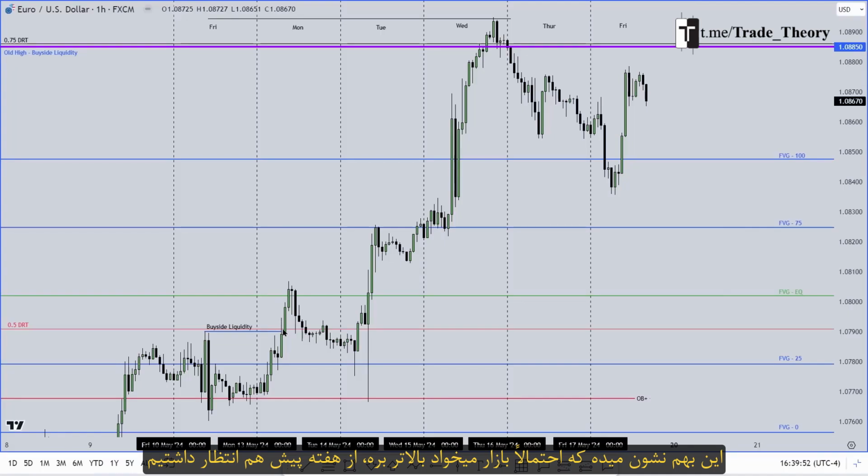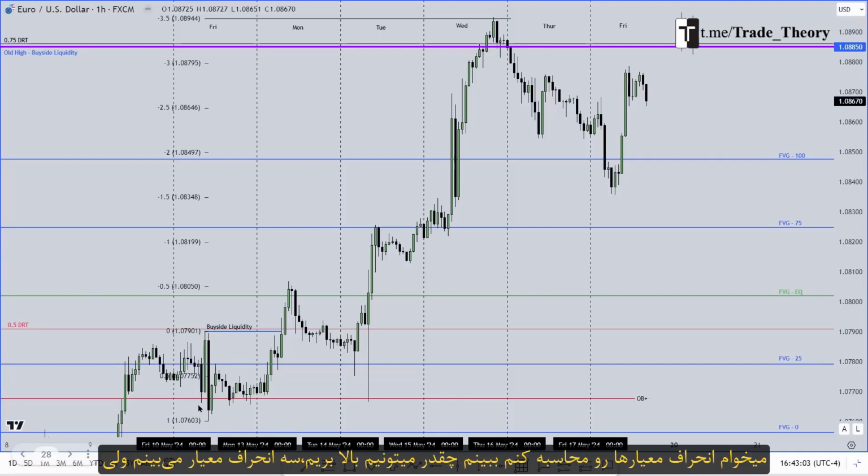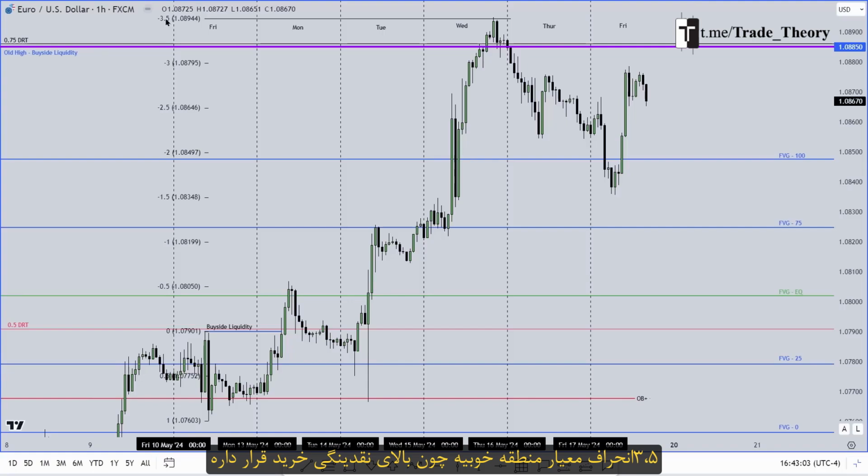Already, this gives me an indication that the market is likely to move higher. And again, from last week, we were anticipating a run higher to upset that retail trend line, right? From this candle's high to this candle's low, I want to now project deviations to see how high we can run. I see 3 standard deviations here, but this is below the buy side liquidity, or the old high to the left, and is below that 75 DRT level. 3.5 standard deviations is a good area because it sits above that buy side liquidity, right? And if we extend that level to the left, you can see how the high of the week came in on a Wednesday, touching 3.5 standard deviations.